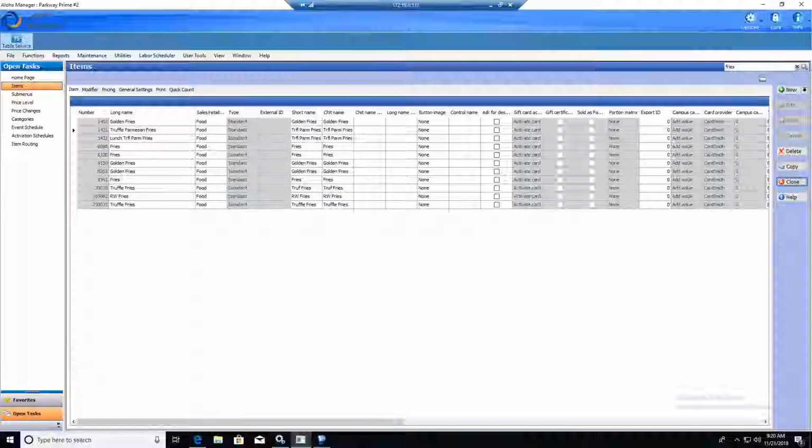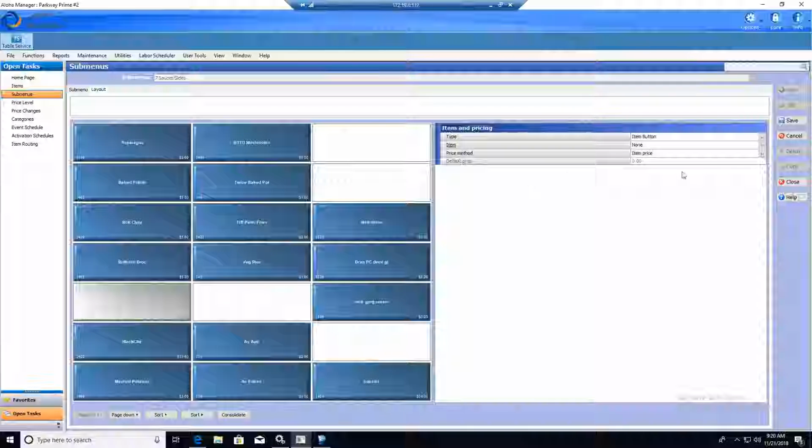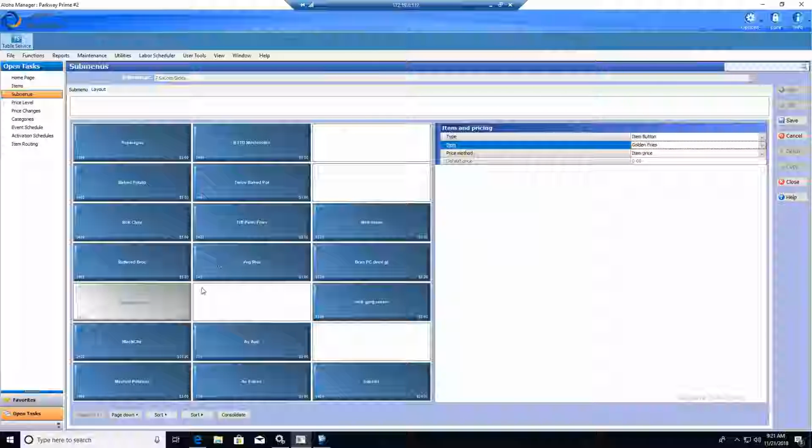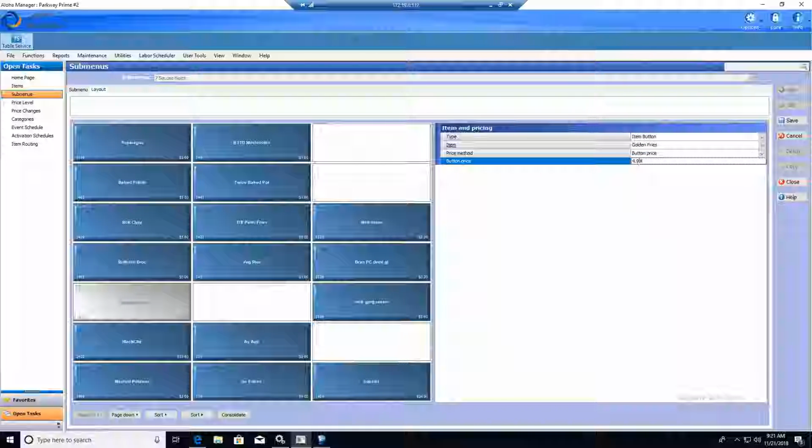So you can go into submenus, and now I want to put, instead of having that 1408 on there, I'm going to use just the 1 golden fries, and that's going to be 1405. So now that's the one I'm going to be able to use on here. I'll set the price on it to $4.99. And now that's going to show up for your servers after a refresh or end of day, and the other